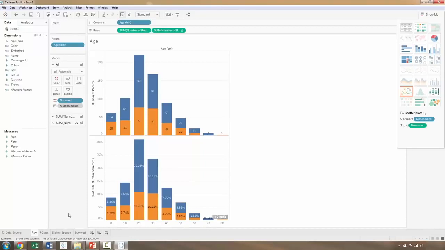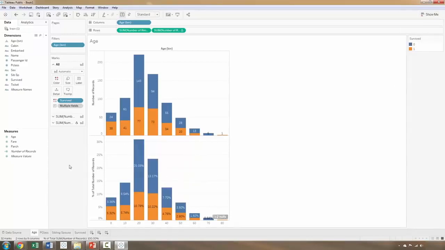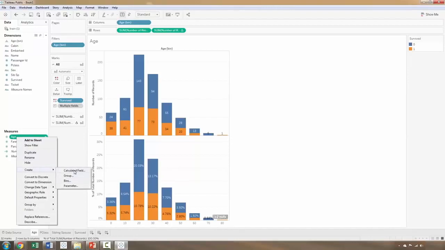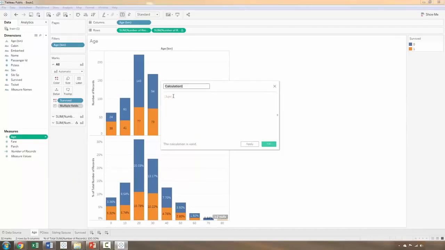And that's great. We can actually use this information to create a dashboard in Tableau, and I'm going to get to that in a second, but what I want to cover very quickly is how to create your own measure, okay? So I'm going to use age for this. Instead of using the bins, I'm going to create a calculated field. We'll call it custom age bins. We're going to say if age is less than or equal to 10,